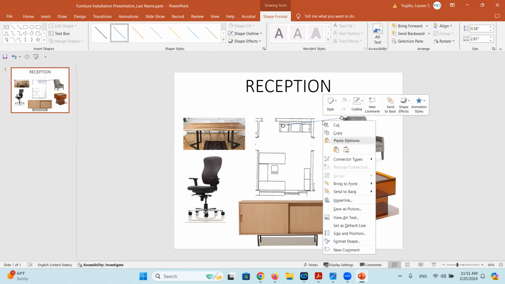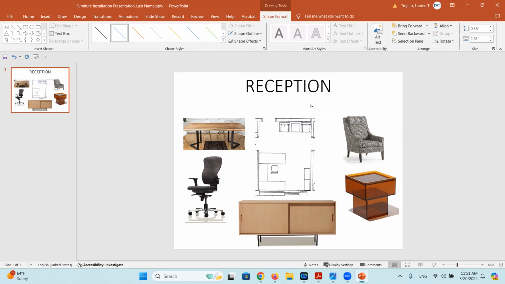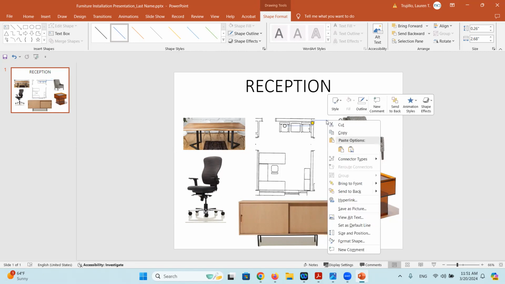Now, in the design profession, we would actually want to add perhaps a little elbow here, just to make things look a little bit neater. But I really don't want to go too extreme with the way that this is drawn because I'm trying to make this quick, right? Because this is going to just be used for movers. I'm probably not able to charge my client for this, and so it's kind of like we're trying to achieve the very best that we can in the time that we have.